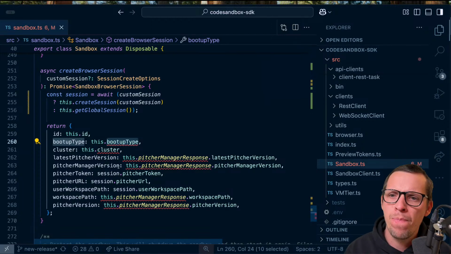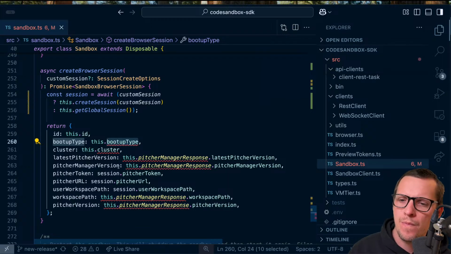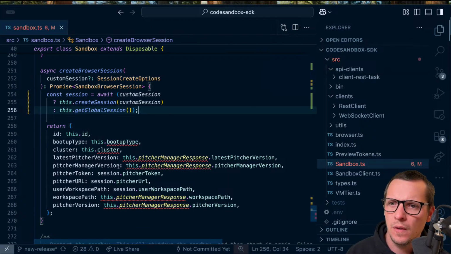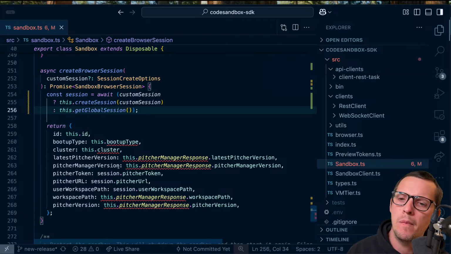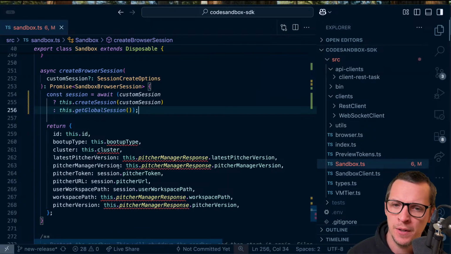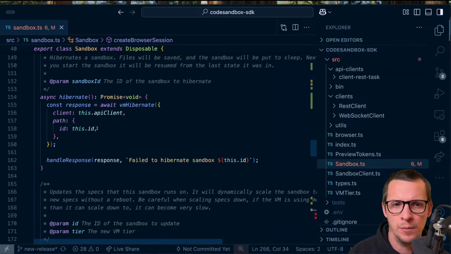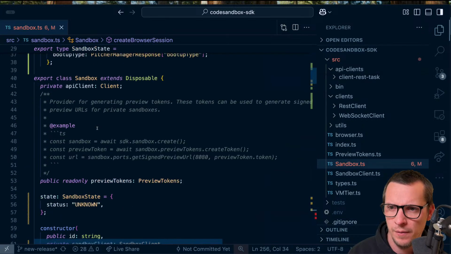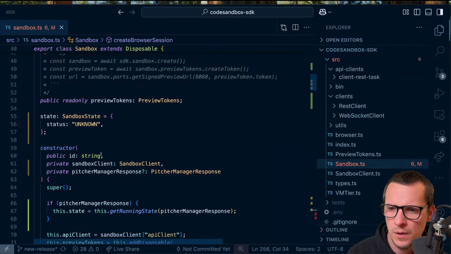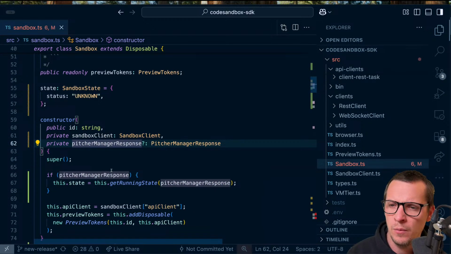How are we gonna deal with this? There's no guarantee that we actually have the picture manager response. Well, what's interesting about this, I don't think we should. Okay. Where's the picture manager response? We should actually